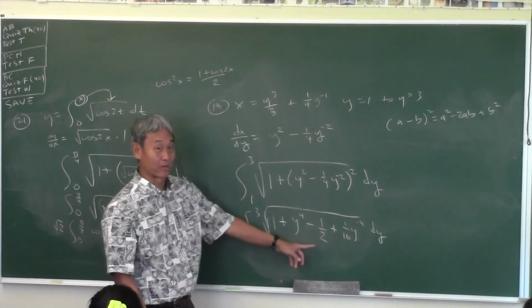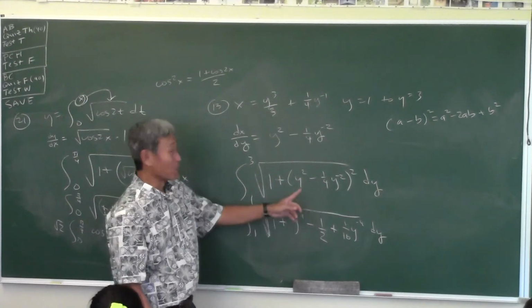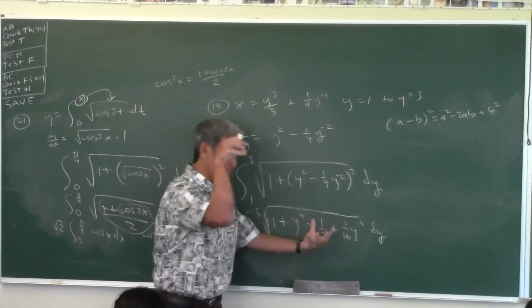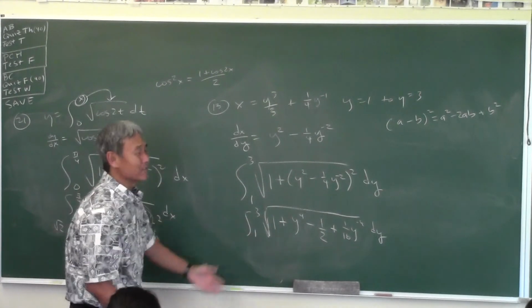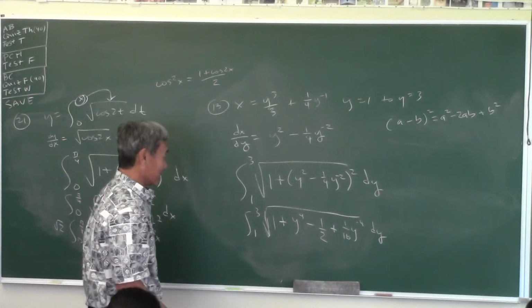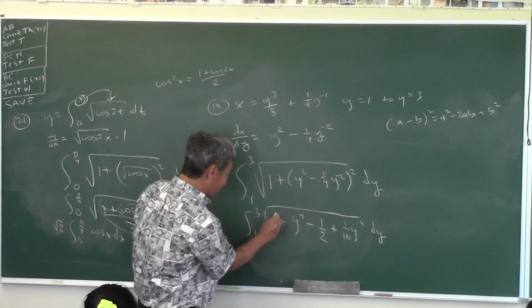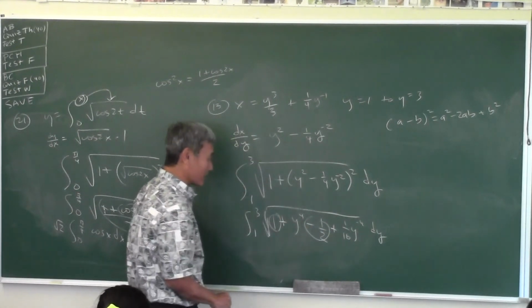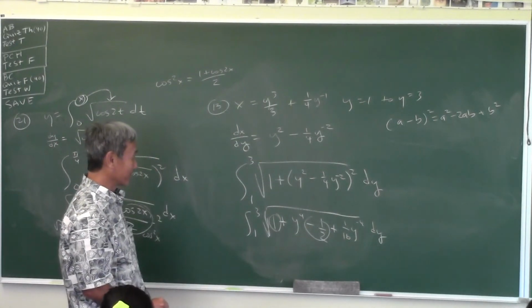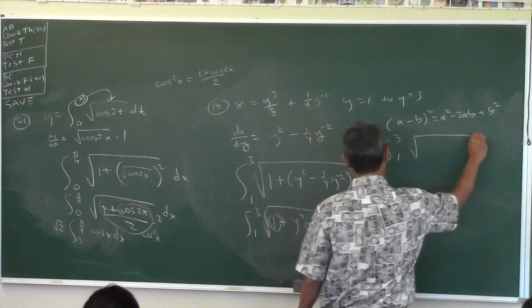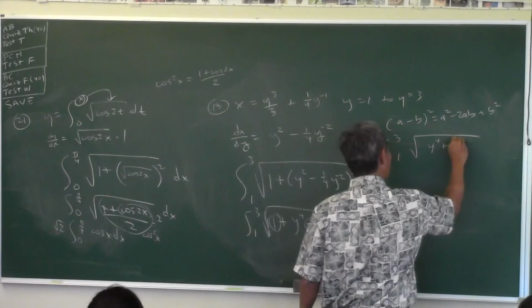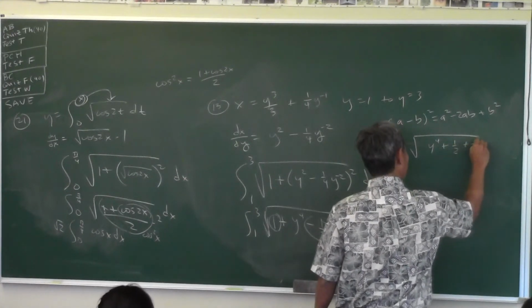Everybody understand why that's only 1/2 there? Because when you multiply this times this, the y squareds cancel out. Mr. Park, how is that a perfect square? Because when you add this with this, what is 1 minus 1/2? 1/2. So it becomes the integral from 1 to 3 of y to the 4 plus 1/2 plus 1/16